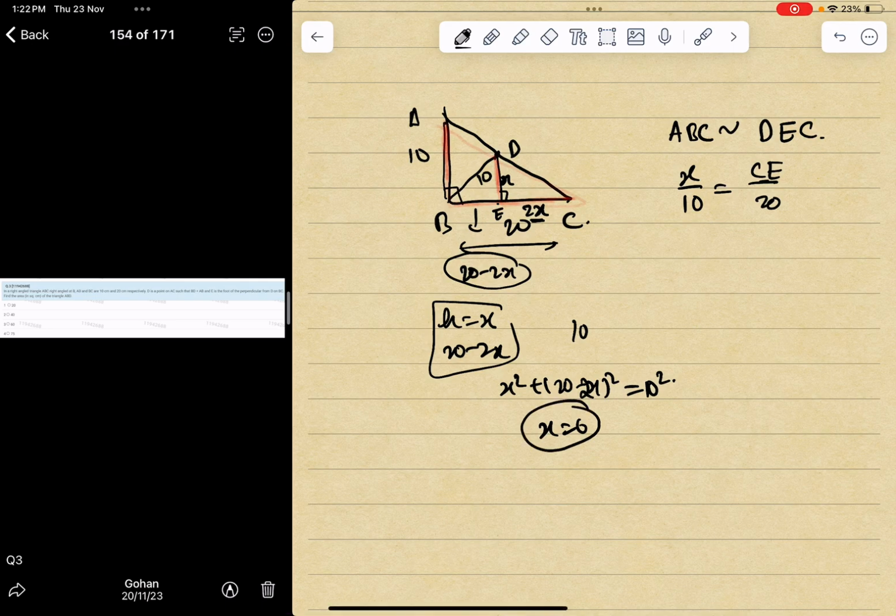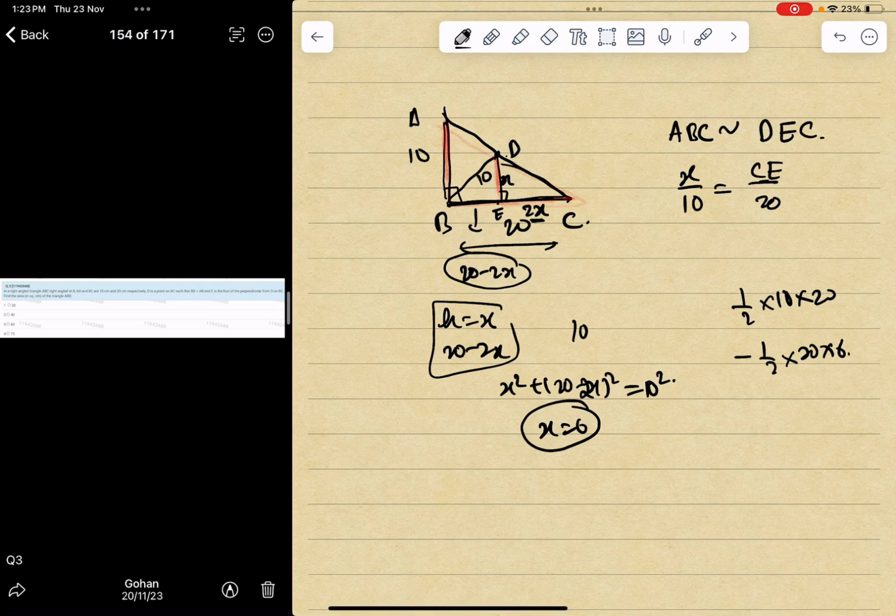Okay, now our question is find the area of triangle ABD. ABD is this particular part, right? If we find total area, we subtract this area, we'll get ABD. So let us do that. So total area will be how much? Half of 10 into 20. This area will be how much? Minus of half of 20 into x is 6.